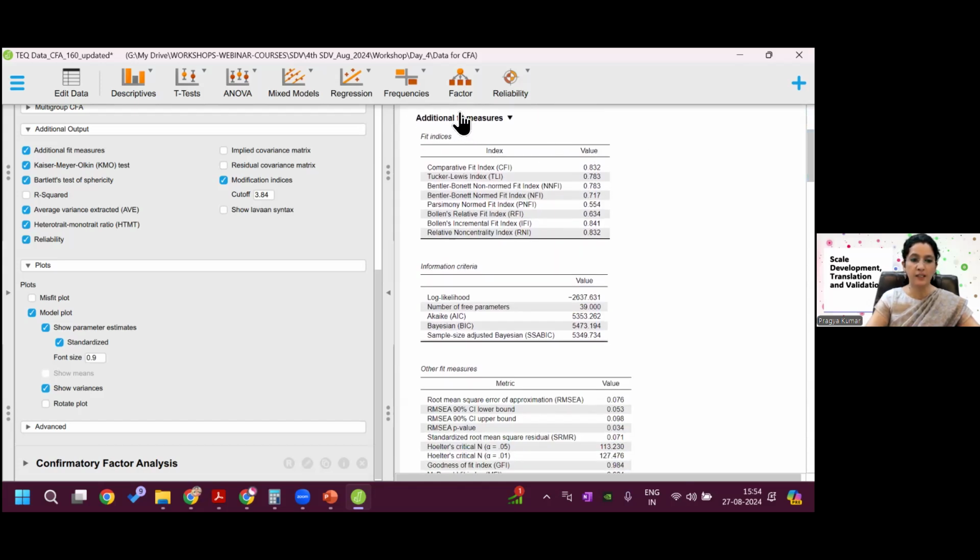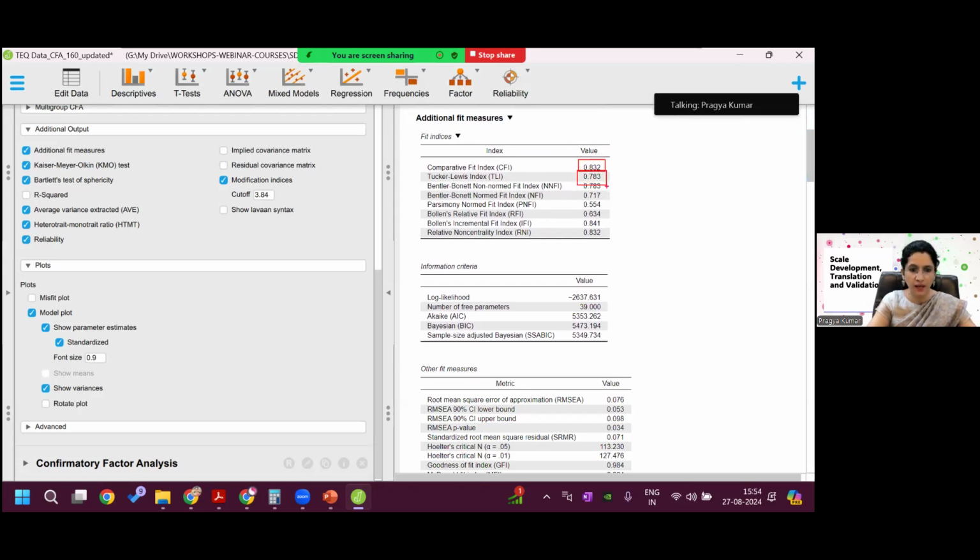Coming to the additional fit measures, there are many here, but it's good that you only comment on 2, which are the most common ones,